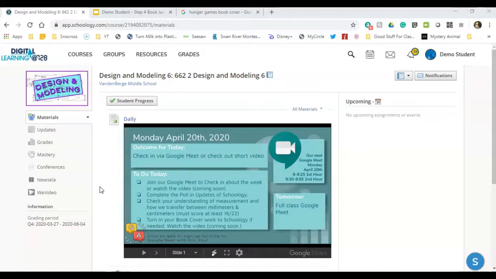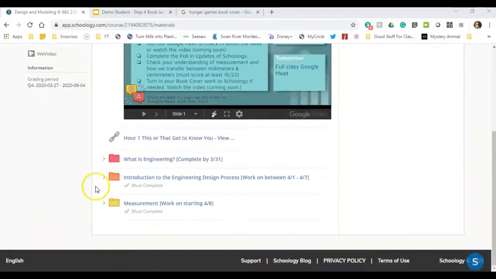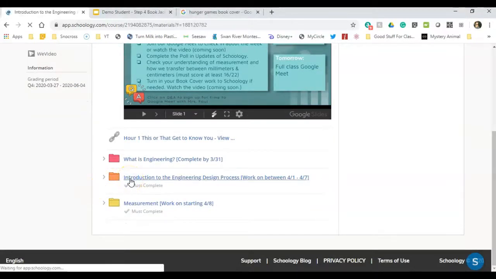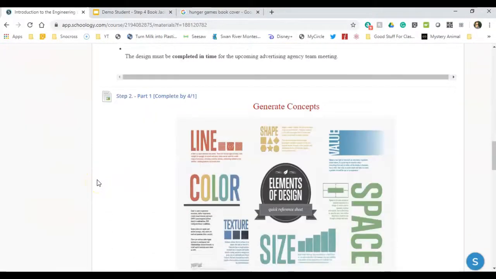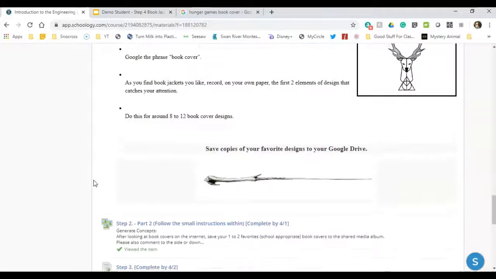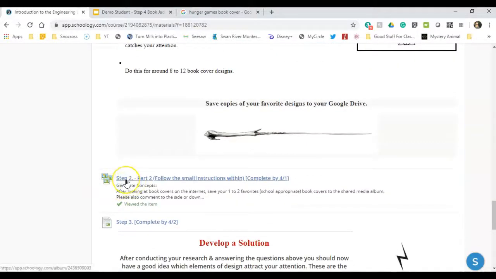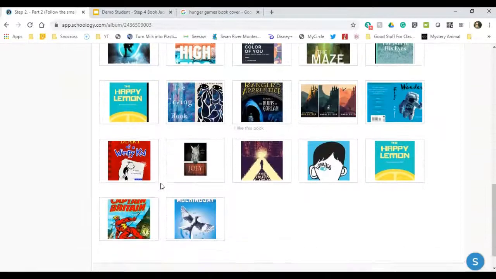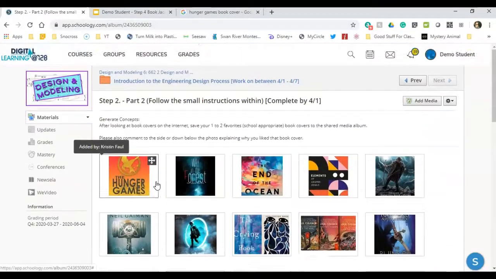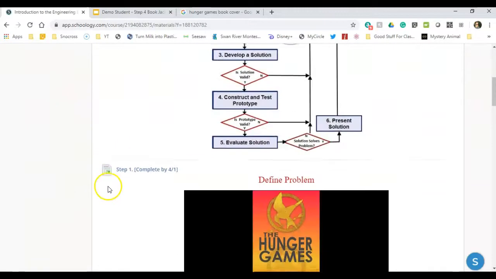grade your work. So, real quick, first thing you're going to want to do is go inside your orange Introduction to Engineering Design Process folder. Many students, when they were working on this folder, missed this step of Step 2, Part 2. If you didn't complete Step 2, Part 2 by going into that media album and making your own submission, you weren't able to actually get into Step number 4 of the design process and submit or even begin your actual